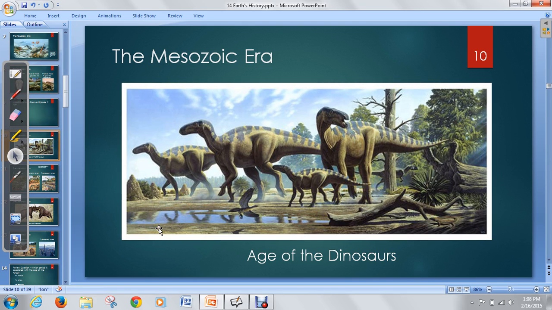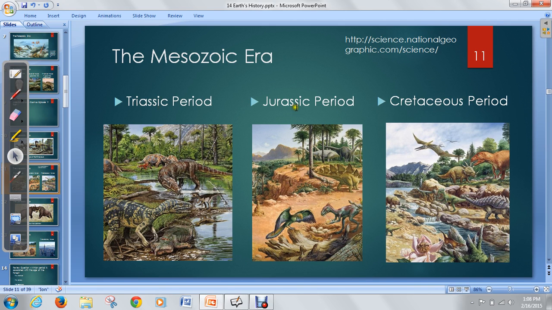That brings us into the Mesozoic era, which is the age of the dinosaurs. It also has its distinct periods: the Triassic period, Jurassic period, and Cretaceous period. If you look at the different life forms, in the Triassic period you have very simple dinosaurs, mostly these raptor-looking dinosaurs. Not a lot of diversity in life. Then in the Jurassic period, you start to get more of the leaf eaters and the herbivores, the long-necked dinosaurs. You start to get some smaller raptors and some strange-looking birds. So the diversity of life continues to evolve.